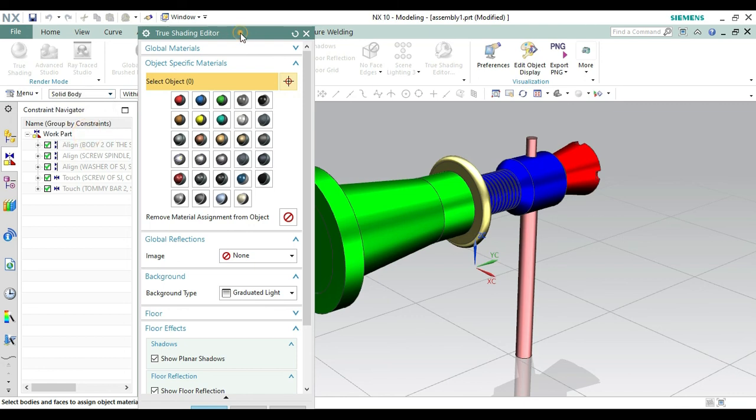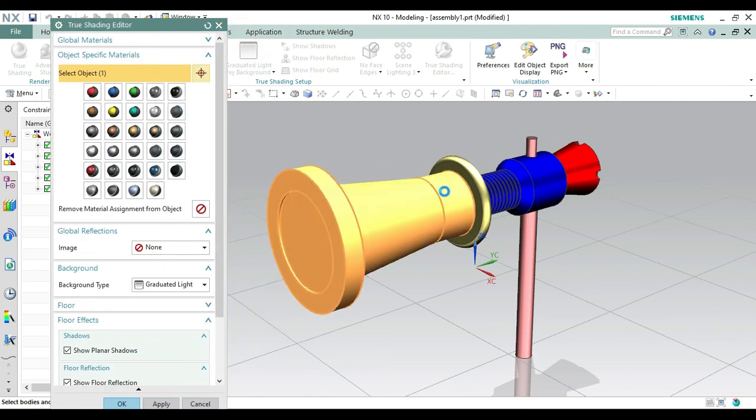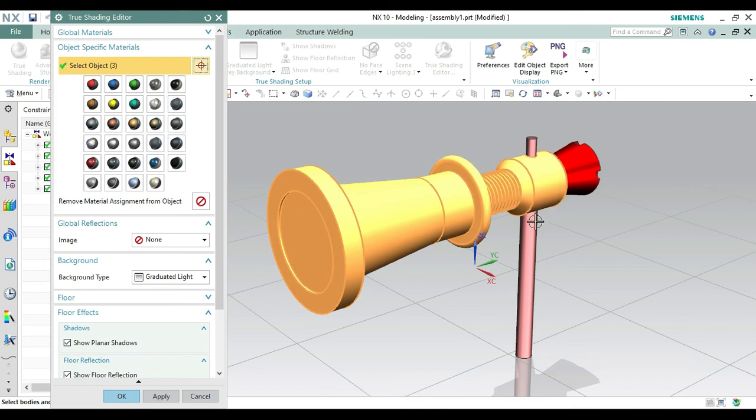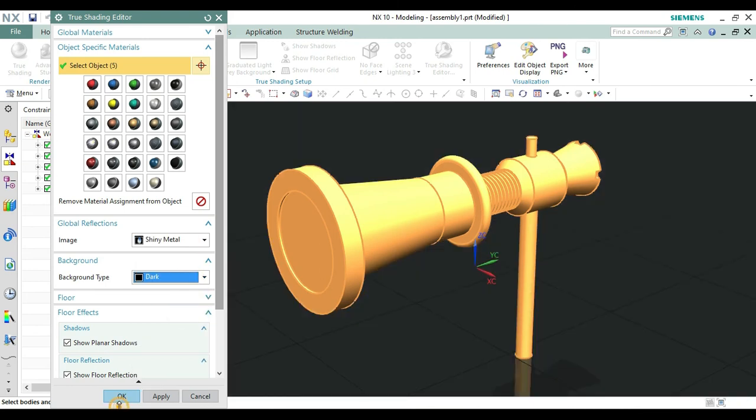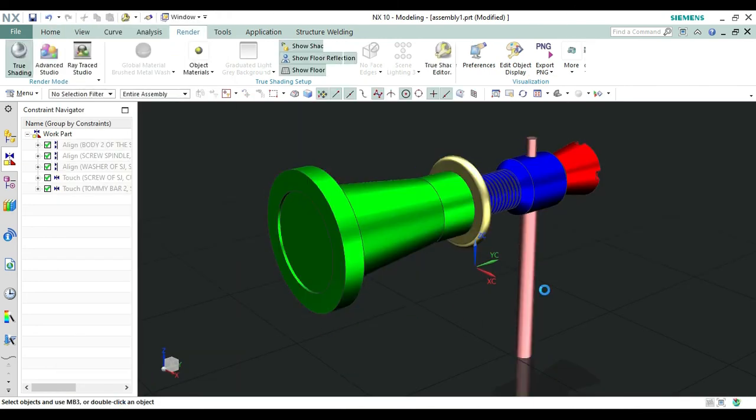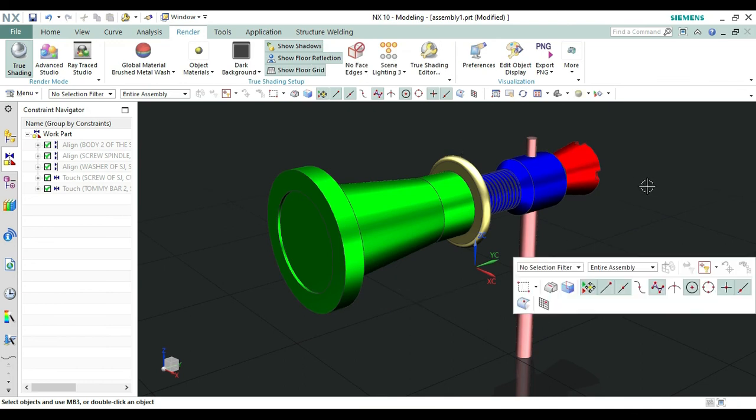First select the solid body because we need that whole. So first select this body, then this one, then this one, then this one, again this one. Okay, like this one. Now you can change the color of this to shiny metal, it will get shiny or something. Okay, like this one. You can make the background type change. From here make that dark and then make that okay from here like this one. Okay, our screw jack has been created.